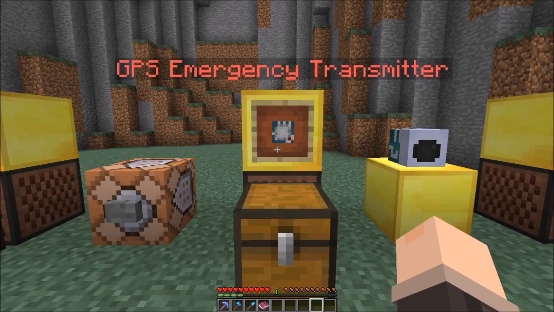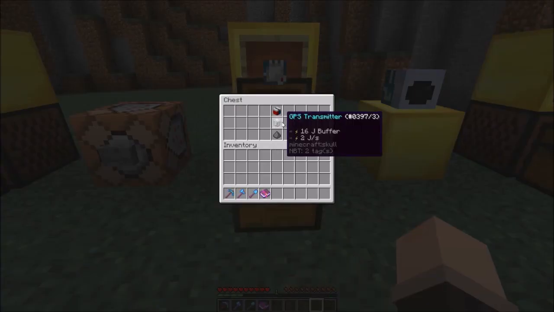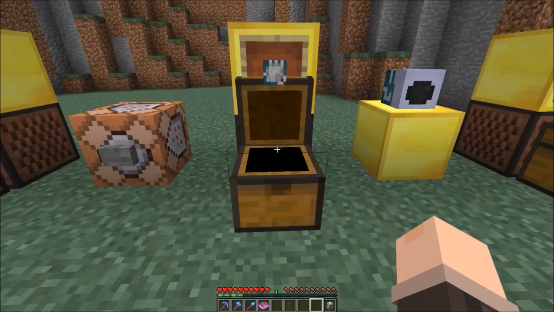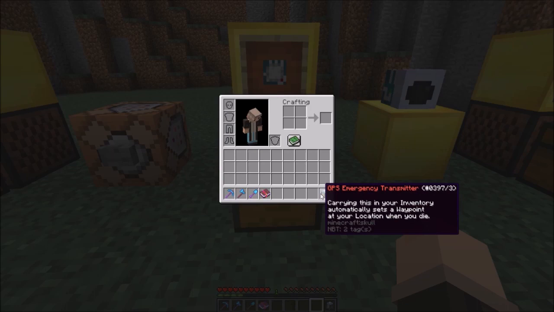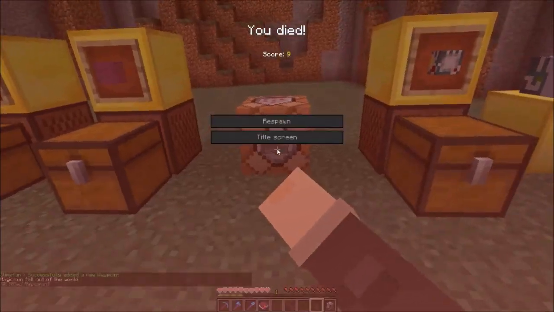Another way to set up waypoints is by using a GPS emergency transmitter. It's made using 1 electromagnet, 1 GPS transmitter, and 1 essence of the afterlife. And carrying this in your inventory automatically sets a waypoint at your location when you die. So if you just die,